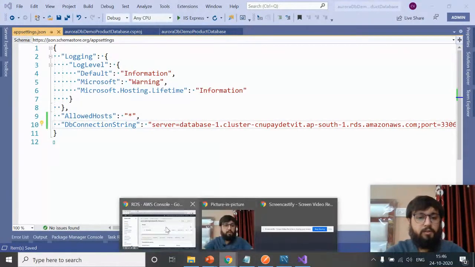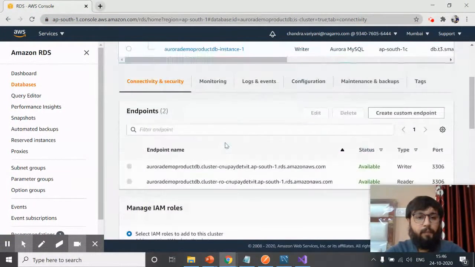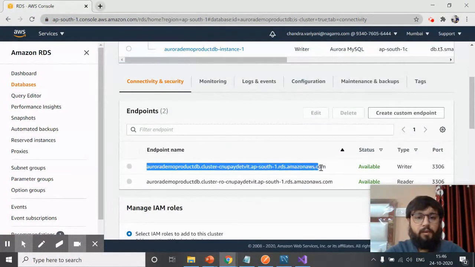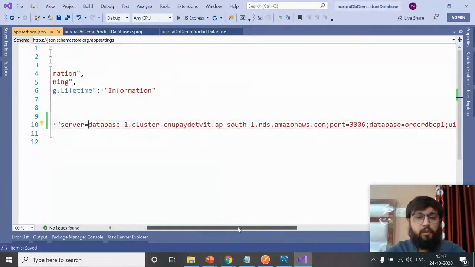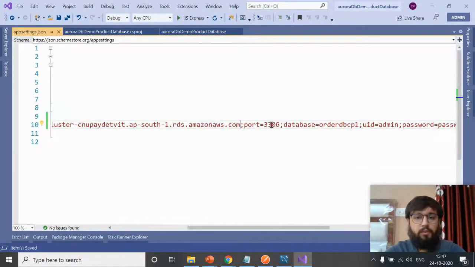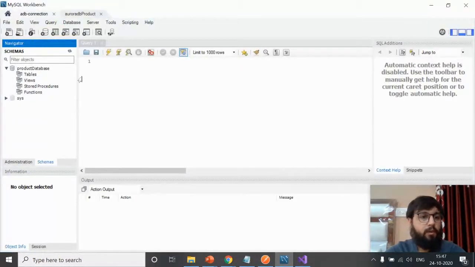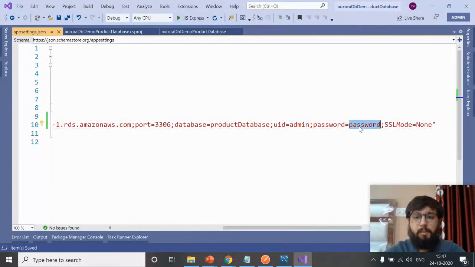So for my connection string, I will come here, click on my cluster, then copy the connection string and paste it here. After that, this is my port 3306. This is my database. No, database name is different. Product database. Then this is my ID and this is my password.